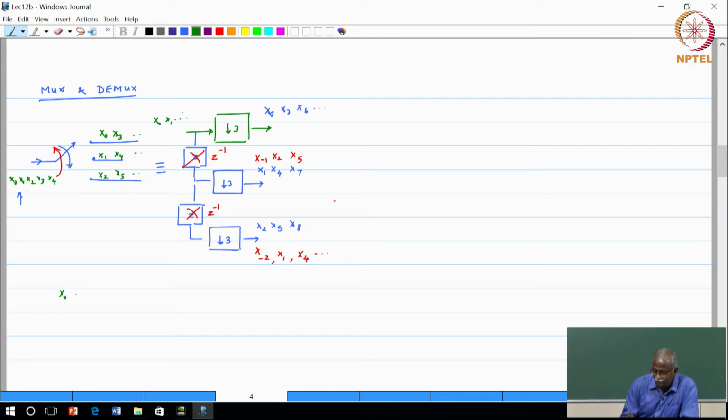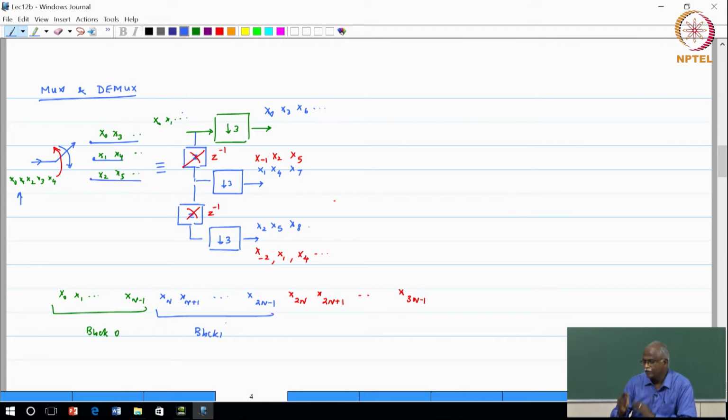So, I have data of this form x0, x1 all the way to x of n minus 1, then x of n, x of n plus 1, dot dot dot, x of 2n minus 1, x of 2n, x of 2n plus 1, all the way to x of 3n minus 1, and so on. Now we treat the first as block 0, the second one as block 1. We take blocks of data and then we do the data analysis, and this